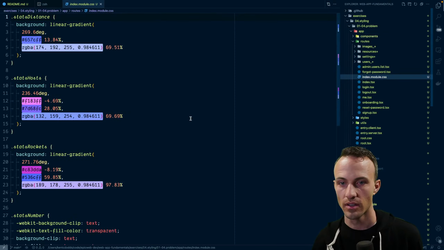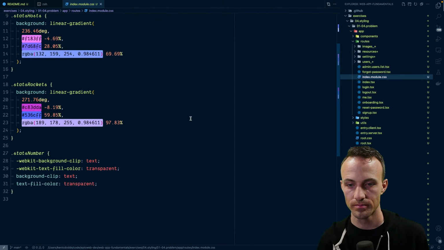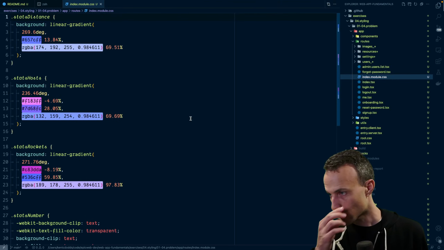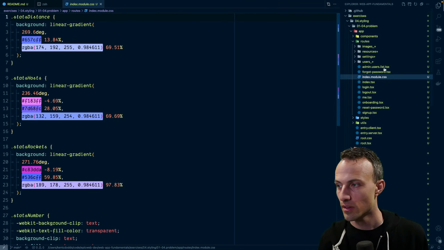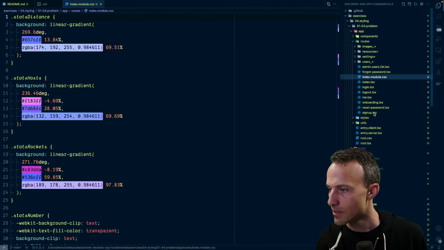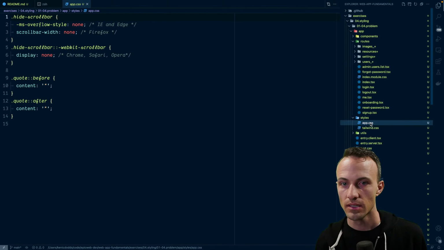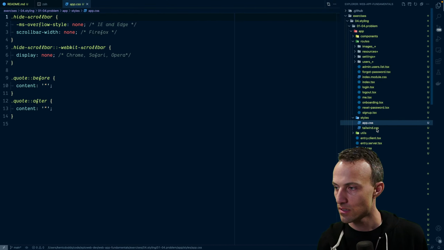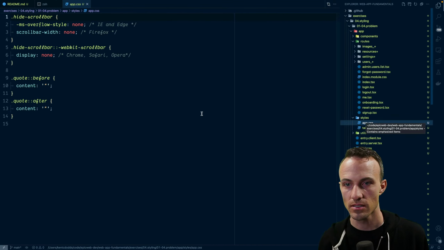Okay, here we go. So we've got CSS modules. That could be a step. And then we've got some regular CSS and some Tailwind. So let's start with the regular CSS.